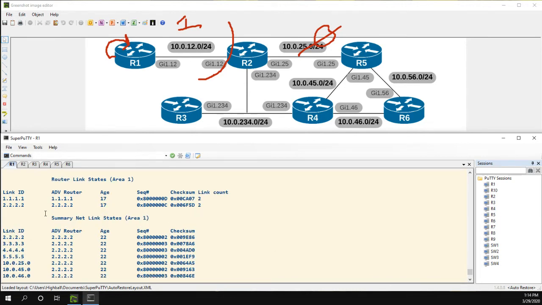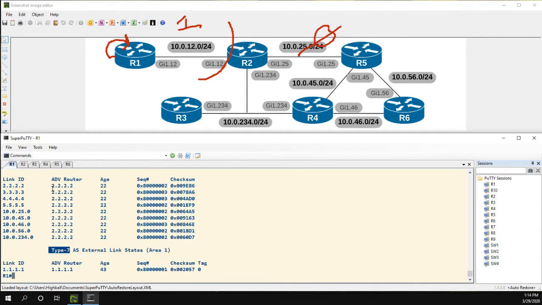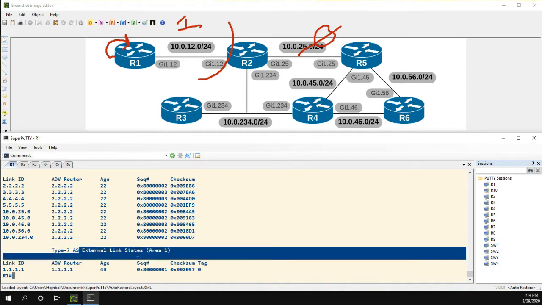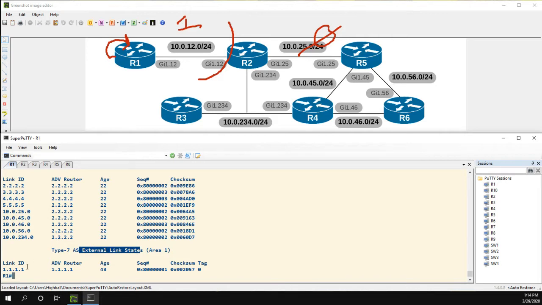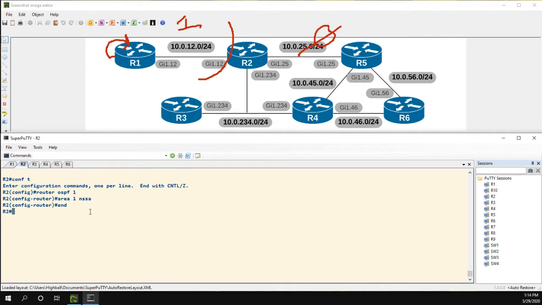Because remember, I'll show you in a moment, but just like a regular stub area, a regular NSSA does not filter out Type 3s. It just filters out the Type 4 and 5s. But now we have this Type 7. And what is that? Well, it's an external link state for an NSSA area. So if we go to R2 and we look at the database here,